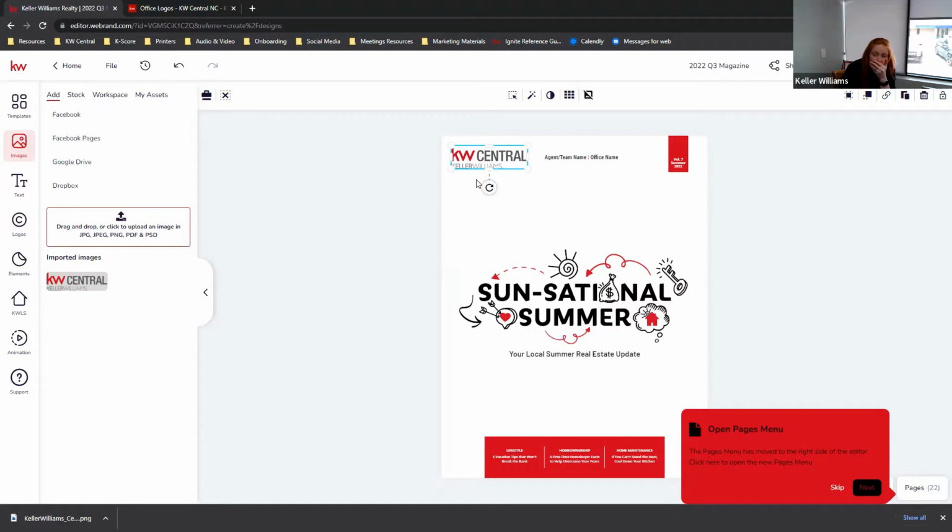The next thing that we want to do is change some of this text out, because obviously it has a bunch of stuff that you don't need on it. So go ahead and click on agent team name. Then let's change this out here. Where did text go? Click on text in the left-hand side. Sorry, I don't know where I am. You're fine. Oh, gotcha. Yep.